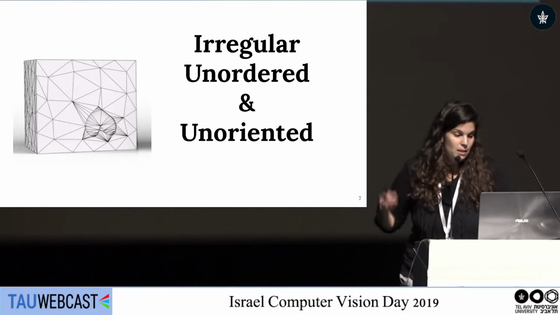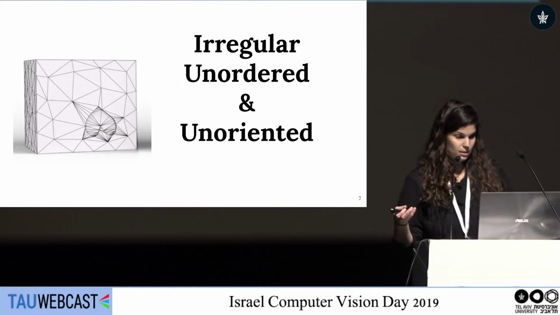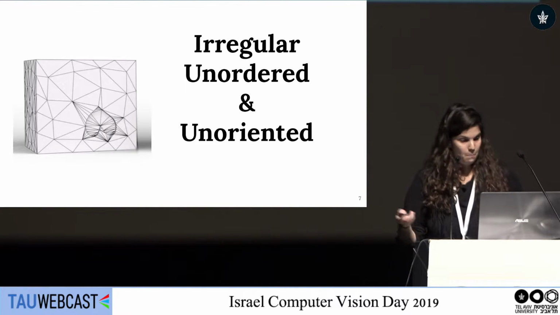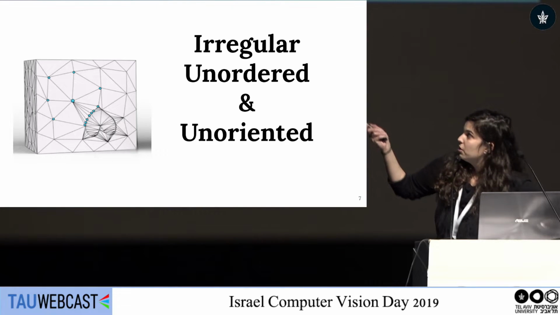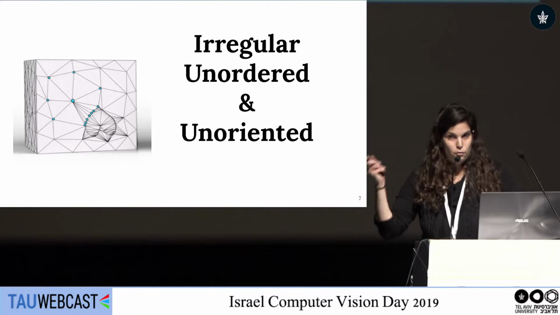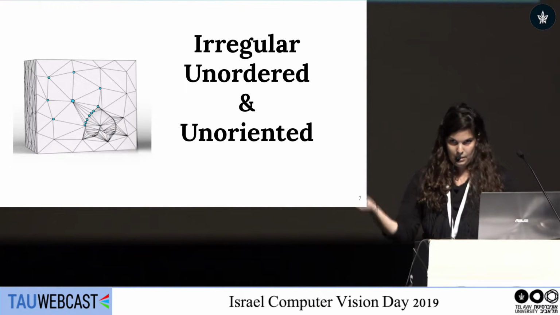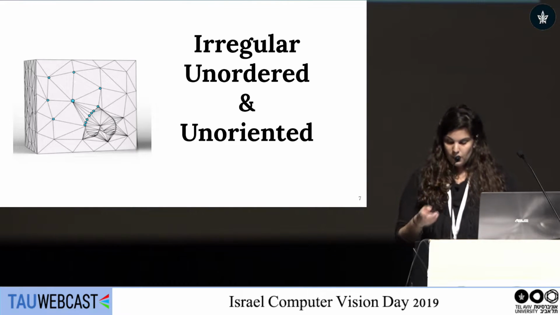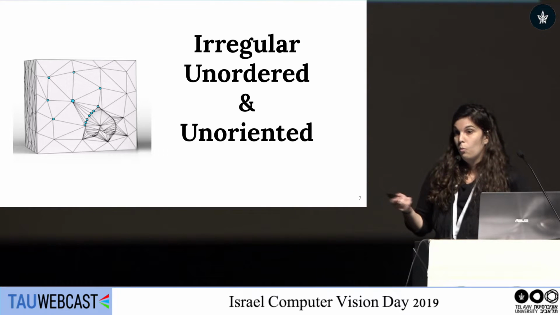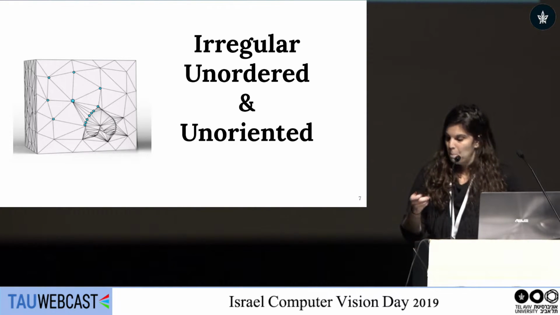So we want to build a network that will be invariant to this initial ordering of the vertices and faces, but the mesh is irregular, so it's not clear how we can even apply convolution, since each vertex can have a different number of vertex neighbors, and there is no order between the neighboring vertices. So directly convolving kernels associated with vertex features will result in variance to this ordering.